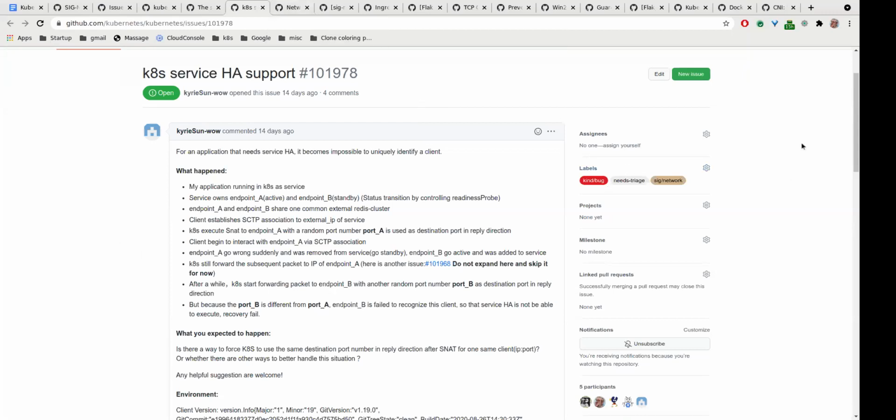About SCTP, I had to introduce a way to disable the port randomizing in Calico to facilitate SCTP. I don't know why they needed it, but for some reason. So it could be something in that direction.